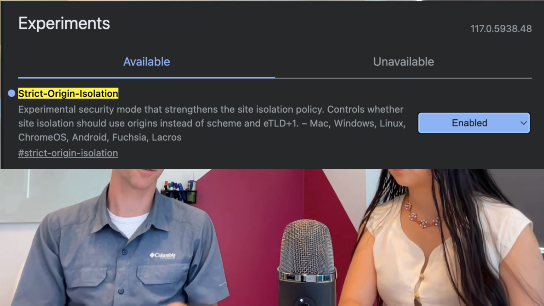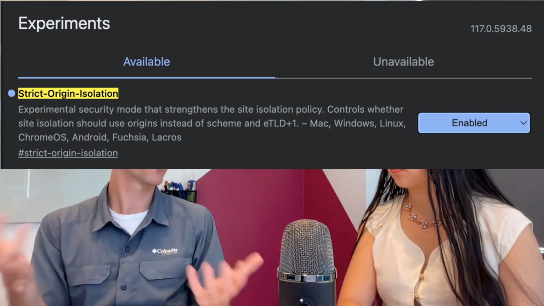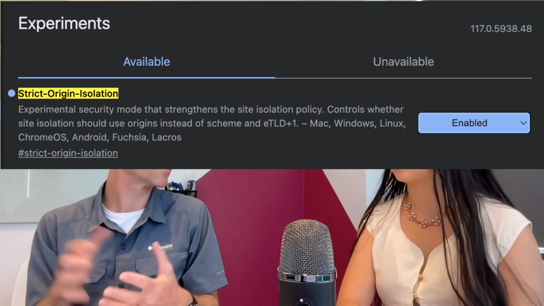And that works on desktop and Android. It'll just create slightly more processes than we do today. Similarly, on Android, if you wanted to isolate all sites, there is an option for full site isolation there called site per process, which you could use, or strict origin isolation, to get maximum site isolation today.